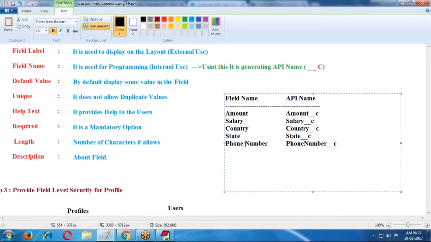So whenever we are providing a field name like this, then it is compulsorily a text, with the underscore symbol only. If I provide a field name without space, then it is a text without space only, creating underscore c like this. If you provide any space characters between two words, then it also follows the same thing. You can provide such type of things only.